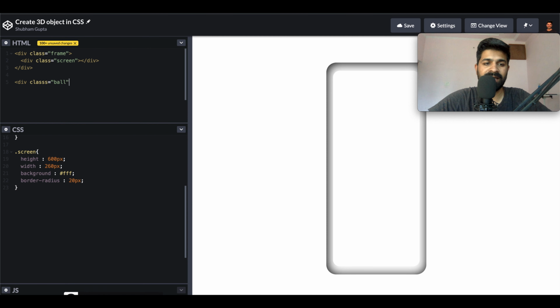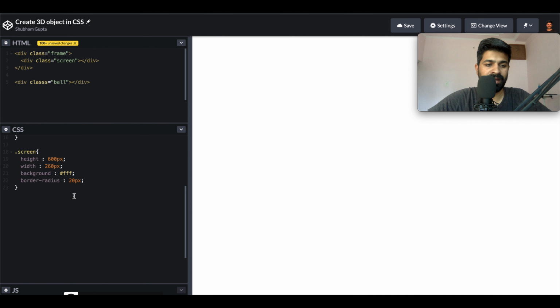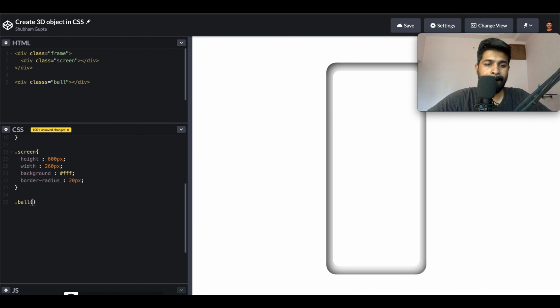So I'll create a div with the class ball. Here I'm introducing the ball class with a height of 300 pixels and a width of 300 pixels, and a border, solid, thin, black.